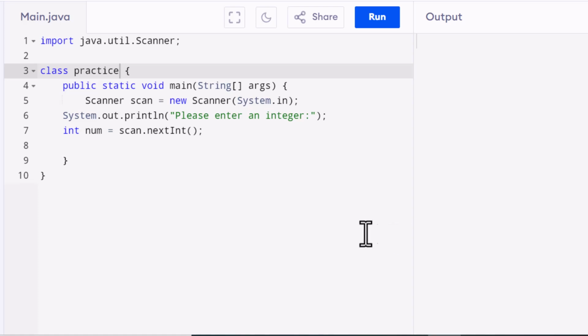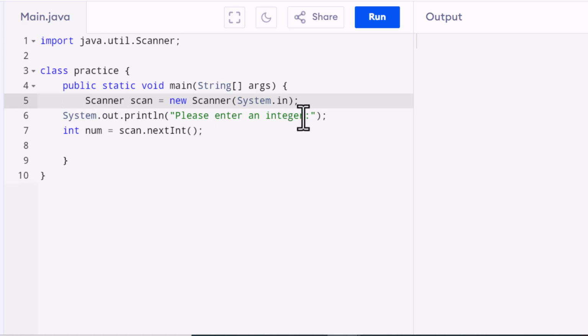Alright, welcome back. So in this video we're looking at simple if statements, and I'm taking you through different types of if statements with each of these videos. The previous one I did was on doubles, probably should have done integers first, but anyways, today we're going to create a program, set up our scanner here,